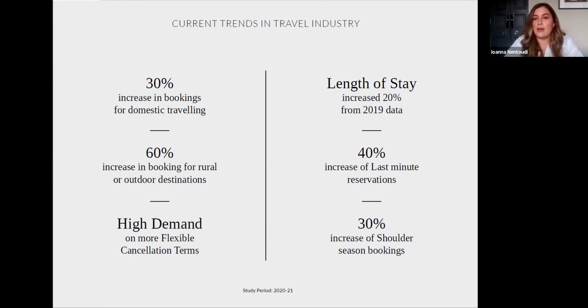And additionally, a 40% increase of the last minute reservations, considering that there is the uncertainty again with the travel restrictions. And a special trend that we have identified is the 30% increase of the shoulder season bookings.